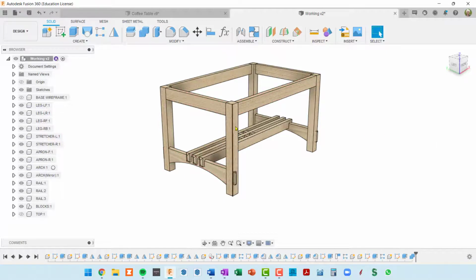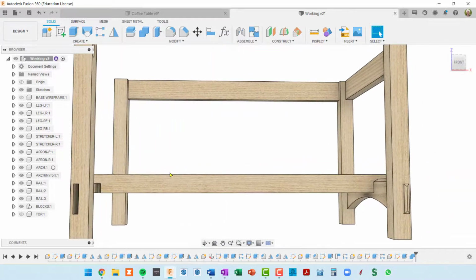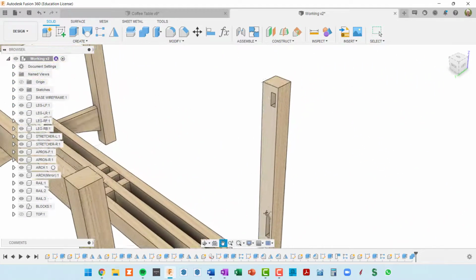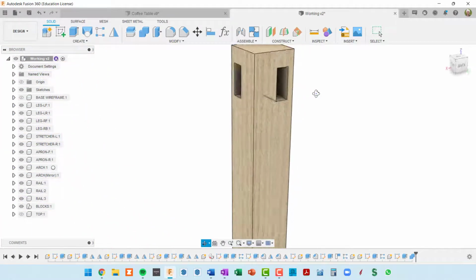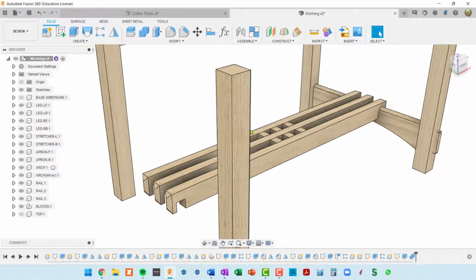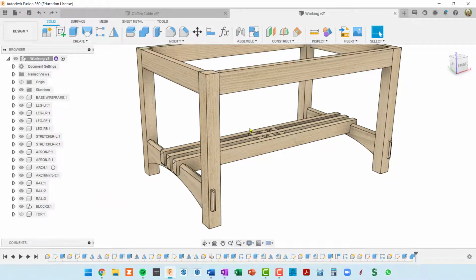And when Fusion is done calculating, I'm going to hide these 3. So I am shift clicking on all 3 and pressing V and then clicking away to unselect. And so now let's take a look. I've got my through mortise in the leg, and I've got my stopped mortise here and here. Very good. So I'm actually going to do a Control Z to undo that